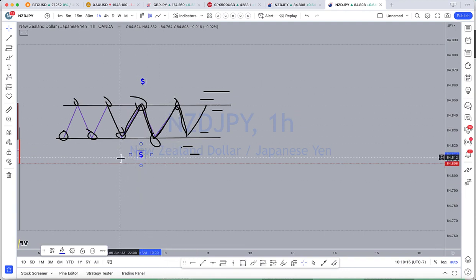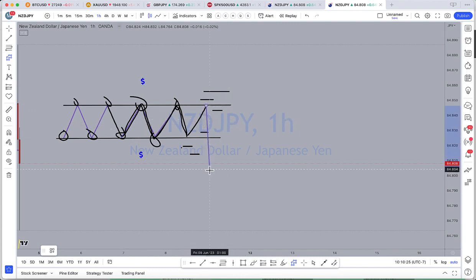And once there's enough people in play, they go ahead and make their move. And this is the move that they do. All right, let's say they want to take this pair up. What they'll do first is they'll jam price down, wiping out the stop losses down here, triggering in the sell stop people. Once they've done that, they reverse it right back up, stopping out all the sell stop people, triggering